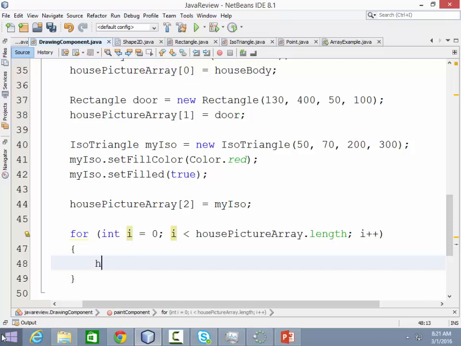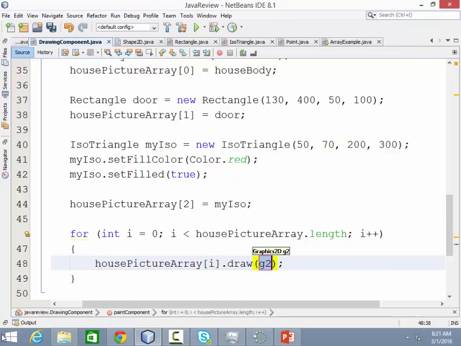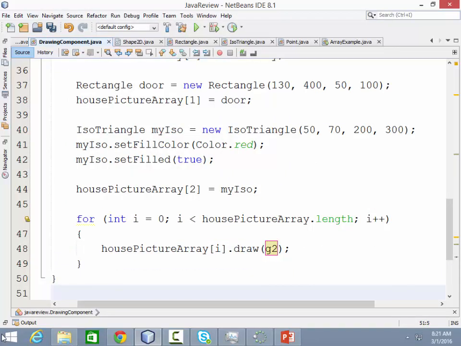So now we can just say this, house picture sub i. Okay, so we're going to index through each item in our list, and we're going to tell it to draw itself. And this is a big deal. You didn't ever used to be able to do this. Say we add another shape to our library. Maybe it's the equilateral triangle. As long as it's derived from shape 2D, we can